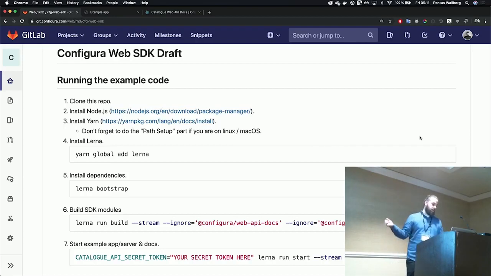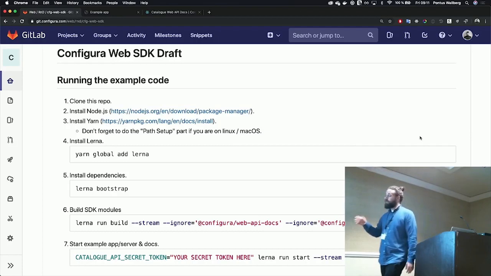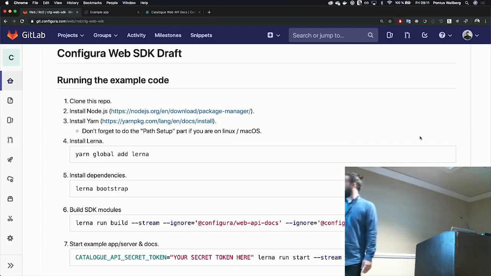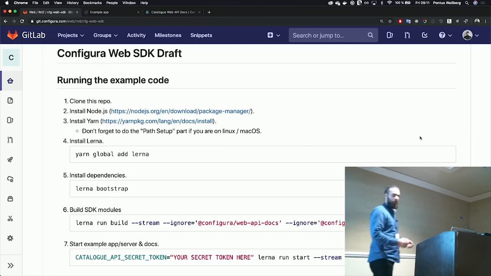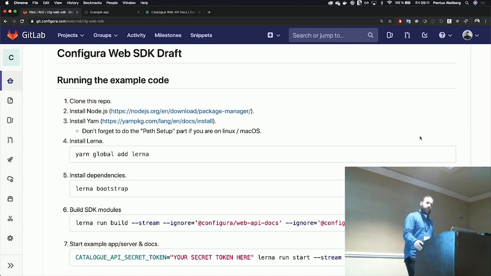But if you were to download this code, the first thing you have to do is install some kind of prerequisites, right? The first one being Node.js, so you can run JavaScript outside of the browser. You also need to install Yarn, which is a package manager for JavaScript packages. We also use something called Lerna, since we are doing it modular. We are trying to do a lot of packages at the same time, and that's just a neat way to